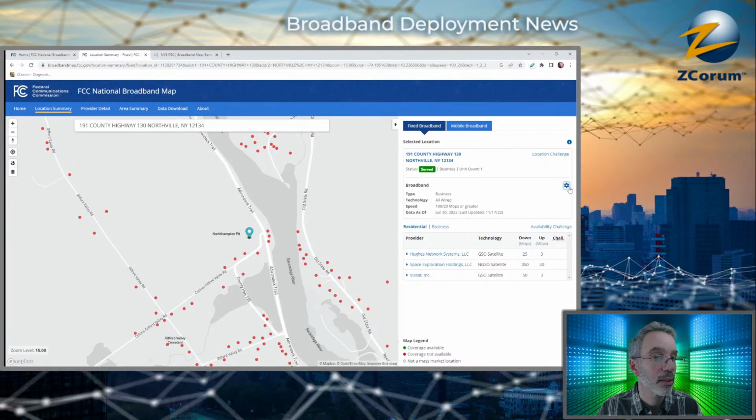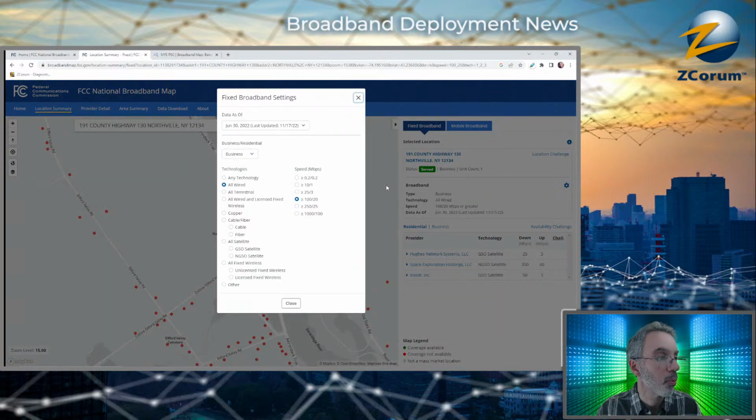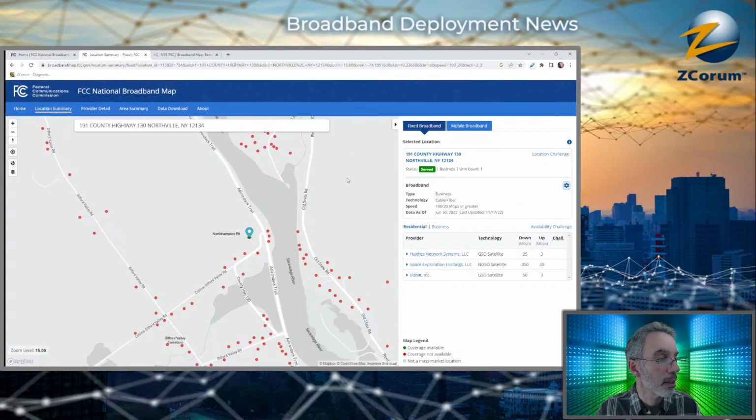Maybe because, let me go to, it's all wired. Let me go to cable fiber. I'll go to cable fiber. So cable fiber, it shows served as a business, but notice that cable and fiber is not showing up here. So this is another little issue with the map, because even though I'm showing it served now and I'm on a business,